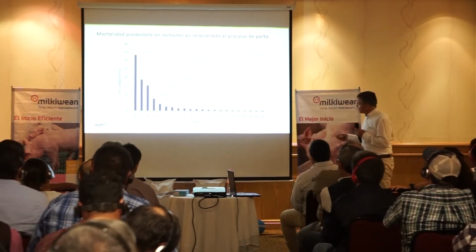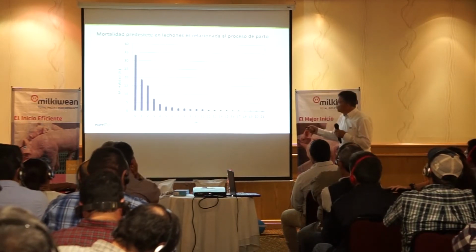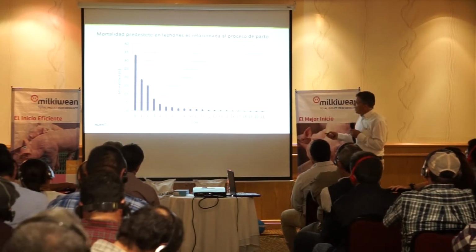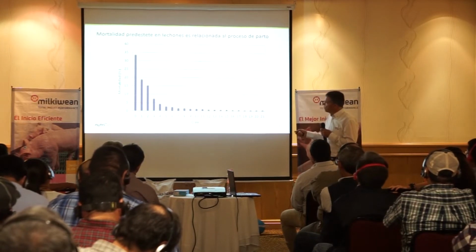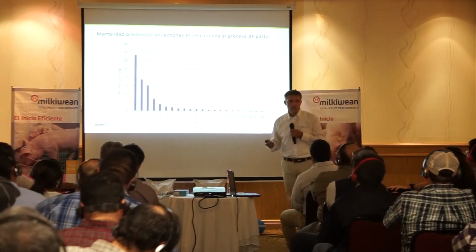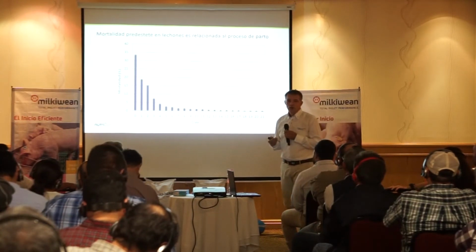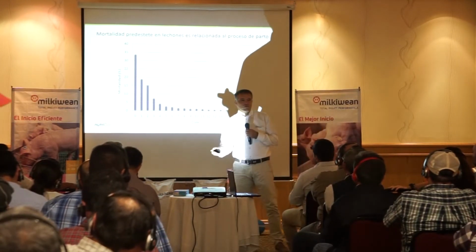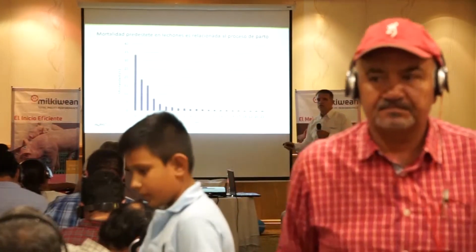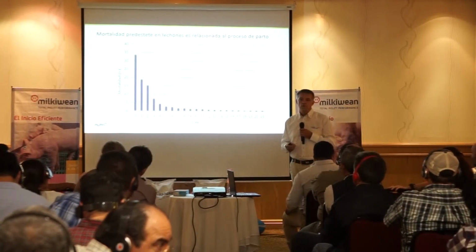Here you see the days after farrowing, and here you see the distribution of the mortality over the whole lactation period. Around 80% of the mortality is in the first 3 to 4 days. And we think that is related to the farrowing process. You will see on the farm that more piglets are crushed, or they are starved, they could not have milk intake. But I think that has something to do with the farrowing process.